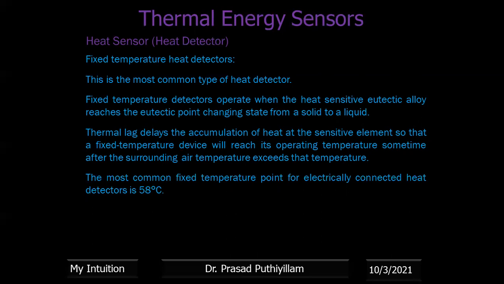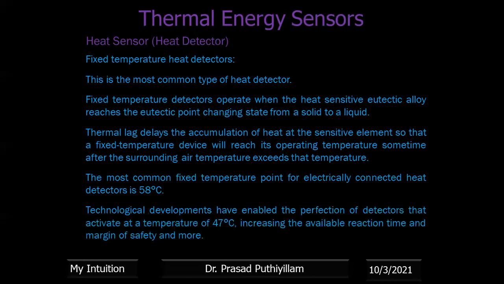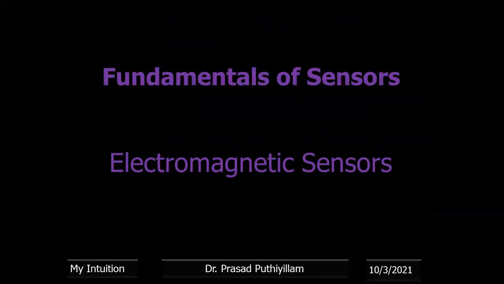The most commonly used fixed temperature heat detector has its temperature fixed at 58 degrees Celsius. That means when the heat goes above 58 degrees Celsius, then only it will detect. But with better technological development, that activation temperature has been reduced to 47 degrees Celsius. And now heat sensors or heat detectors have a fixed temperature of 47 degrees Celsius for better safety purposes. Now,